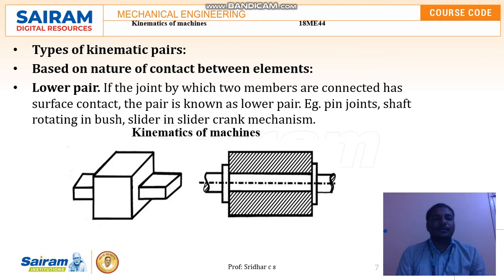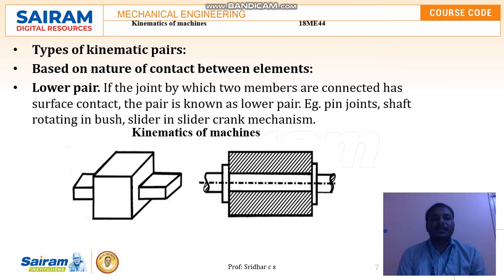First, we're going to talk about the types of kinematic pairs. Kinematic pairs are classified into two major categories. One is based on the nature of contact between the elements, and the next one is based on the nature of relative motion between the elements. Taking the first one, based on the nature of contact between the elements,